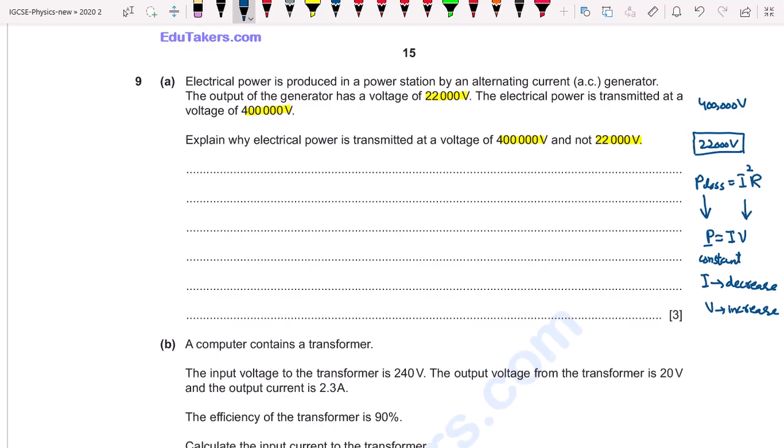So I write here: high voltage results in low current for the same power,